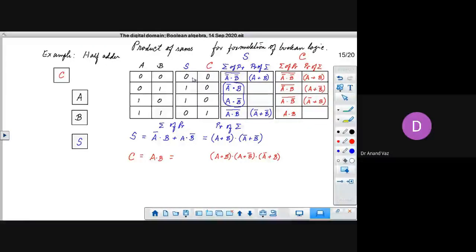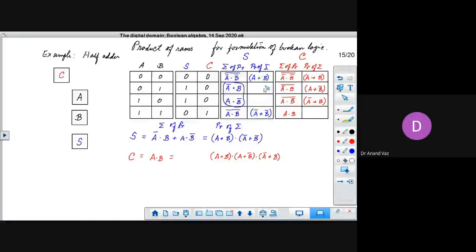So this is not a fundamental product. This is a fundamental product, where you get a 1 over here. In this sum, we have not taken this one and this one. Got it?